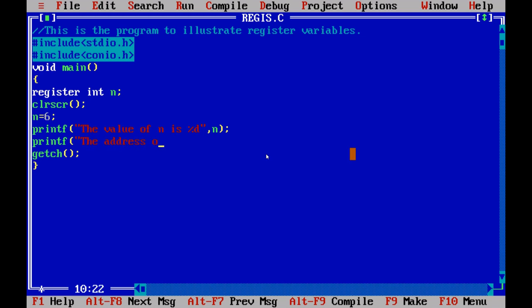Address of the variable n is %u, and here, as we typed for the automatic variable, we can type ampersand just for printing the address of the variable n.